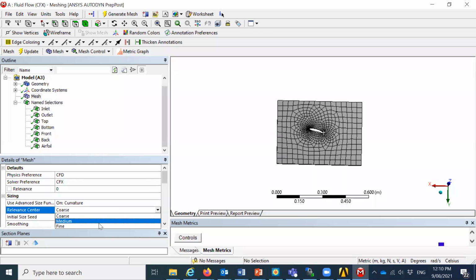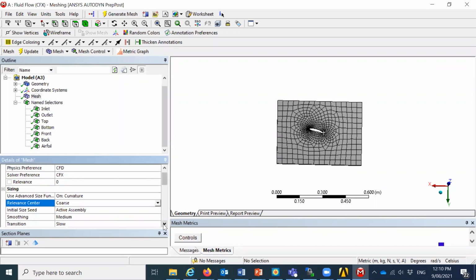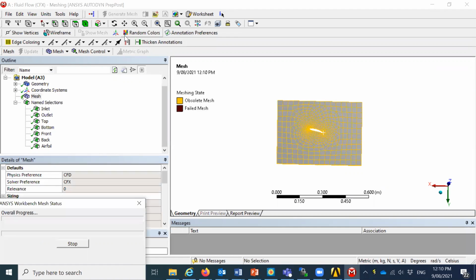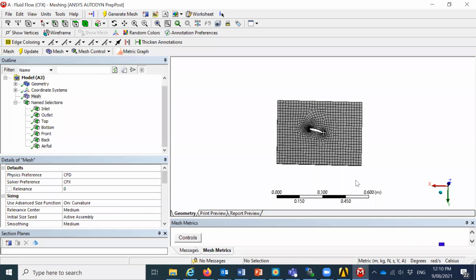What we can do, we can use the medium. I'm using version 15. If you use some new version, then you may see different options when you do this sizing. You need to put some values for the size, but here we have some default options. This is coarse, and we have the medium. If I click on medium, generate mesh,